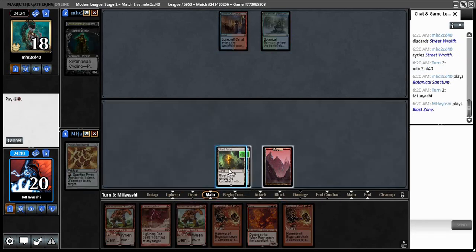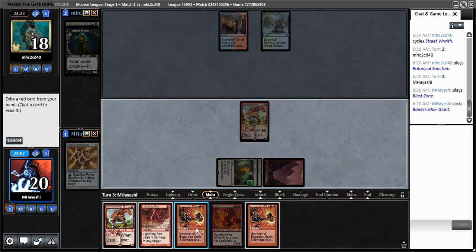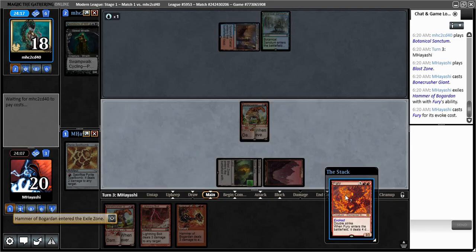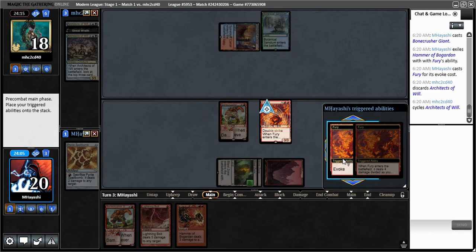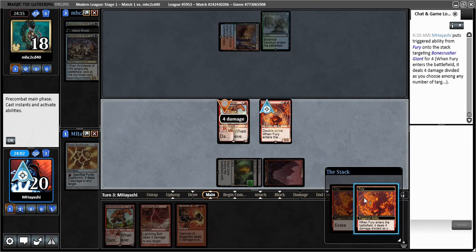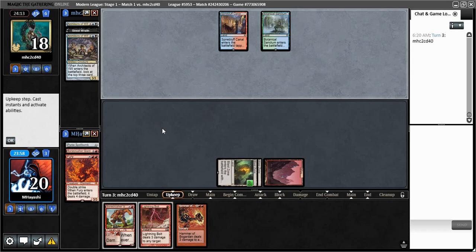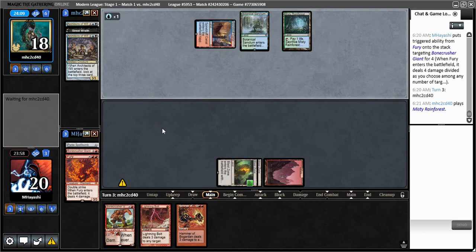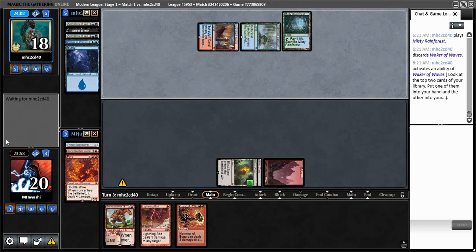So here's what I'm going to do. I'm going to play Bonecrusher, and then I'm going to Fury my own Bonecrusher. They like them apples. Maybe this will buy us another turn from Living End, because that's a pretty beefy Living End we're going to get. Well, okay, so that's definitely a beefier Living End for them. But we have one more turn to draw a Blood Moon,